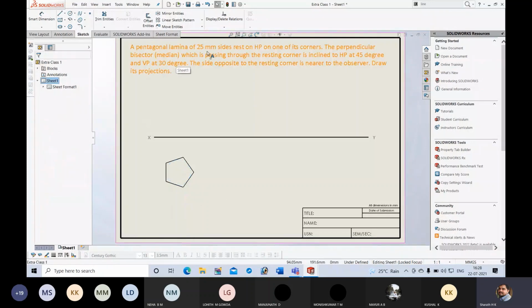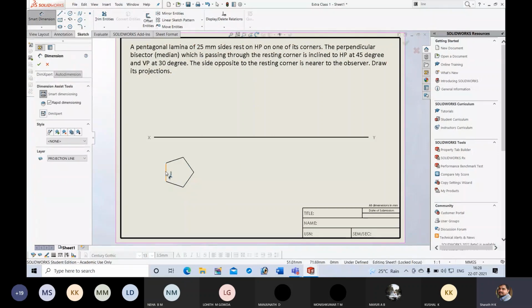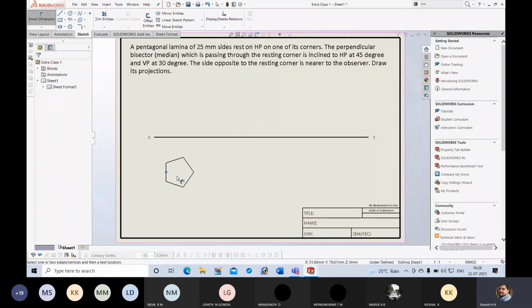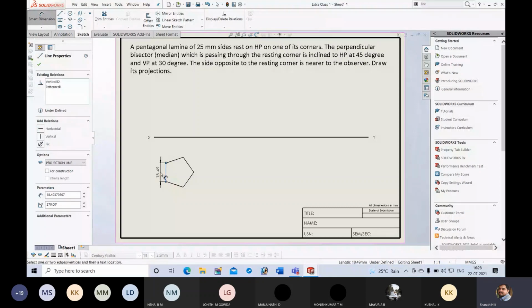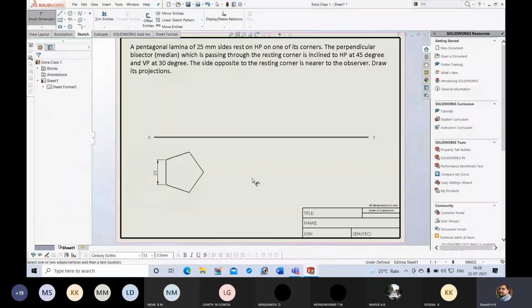Now, the length of the sides is given as 25 mm, so I will go for smart dimension. I will select one of the sides and type the value 25. Here there is an option: it should always be in MMGS at the right bottom corner.